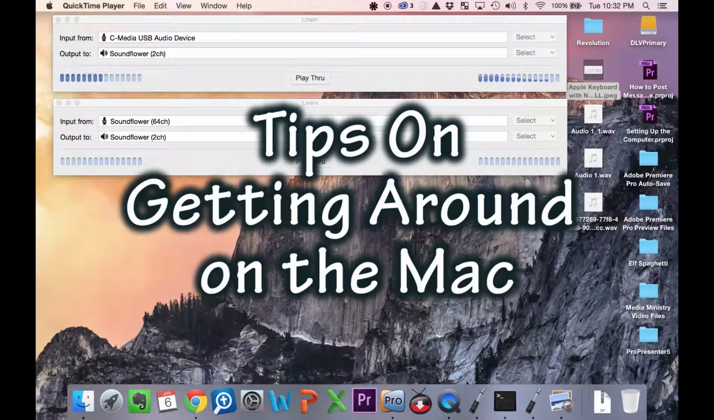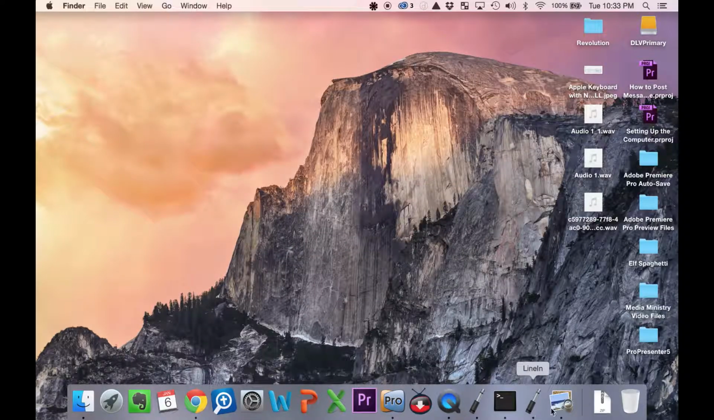Some of us on our media team are new to a Mac, and I just want to point some things out to you that are a bit different, and hopefully give you some tools to make you a little bit more comfortable. So this down here is the dock, and it's got the different programs. But one thing I wanted to show you as far as different windows and stuff